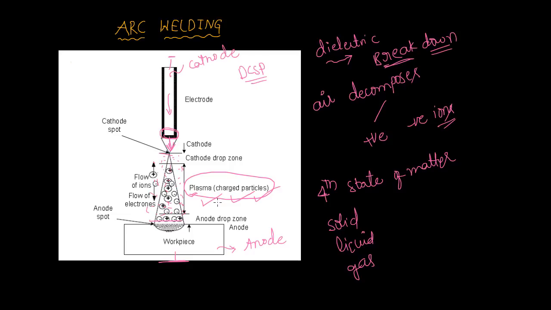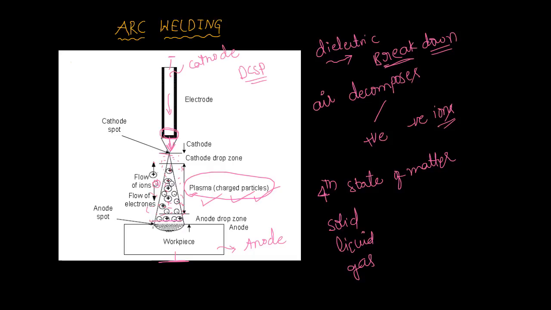Plasma is a good conductor of electricity when compared to air, liquid, or solid. So it is conducting electrons and positive ions. We know that positive ions have very high mass when compared to a single electron. A positive ion is an ion which is deficient in electrons. That means it is losing an electron to produce a positive ion. The electron is part of the atom. The remaining part of the atom is called a positive ion. Positive ions definitely have high mass when compared to electrons.